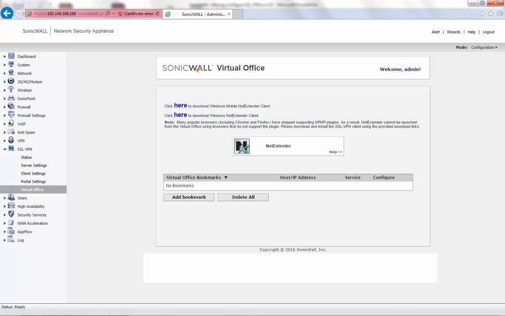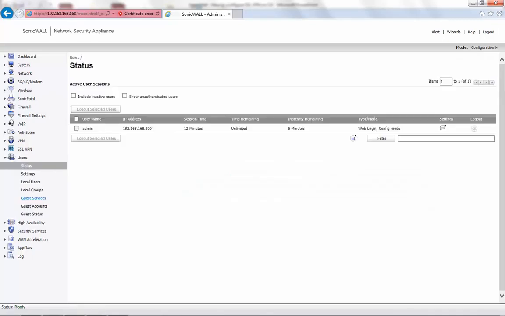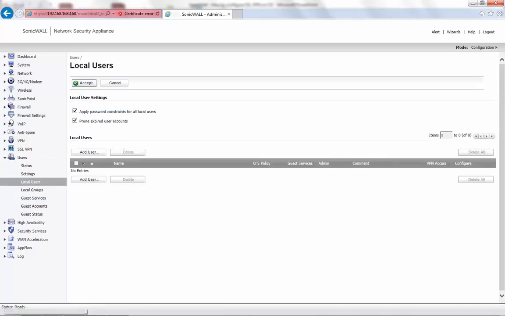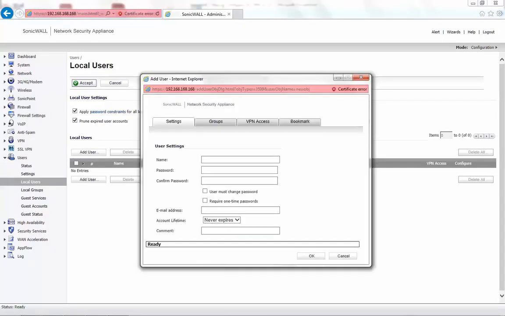Next will be the user account settings. Under Users, go to Local Users, click on Add User. Provide a name and a password as per your requirement. In this case, we use the username as test and password as test123.